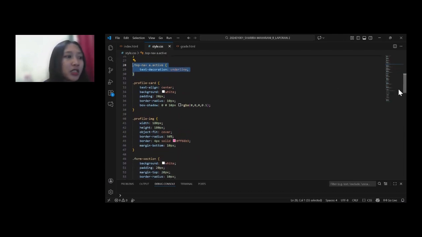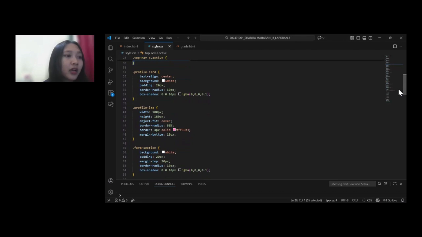Next, the image inside the profile card is styled using profile img, which sets its size, width and height, shape, and border. The profile picture is displayed as a circle with a decorative pink outline.